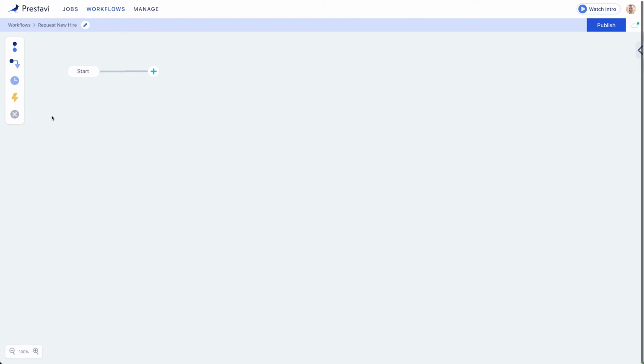This video will only cover the basics of using the Workflow Builder, but in future videos we'll dive into each of these in depth. To add an element to the diagram, simply click and drag and drop it anywhere on the diagram, or directly drop it onto a connector in order to immediately connect it to another element. We'll give this step a name of Submit Request.